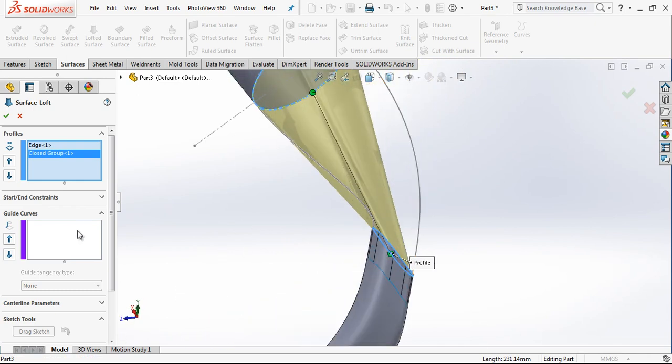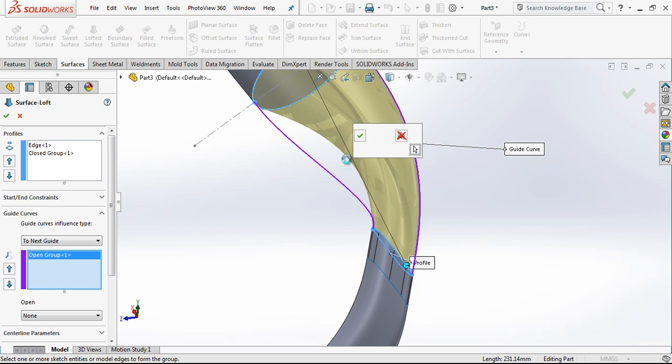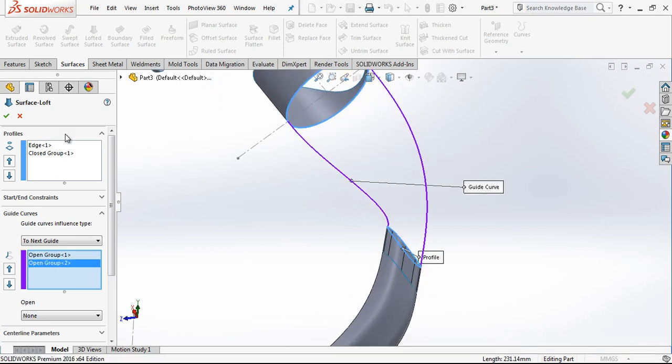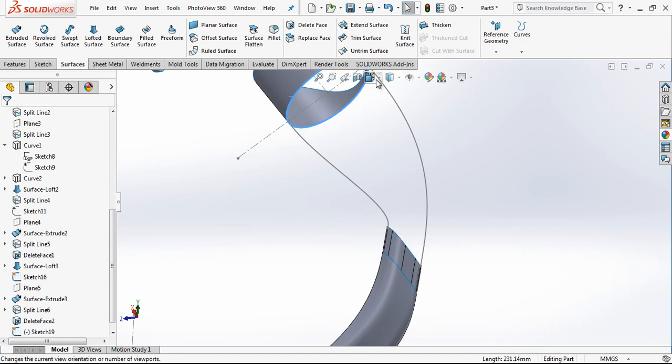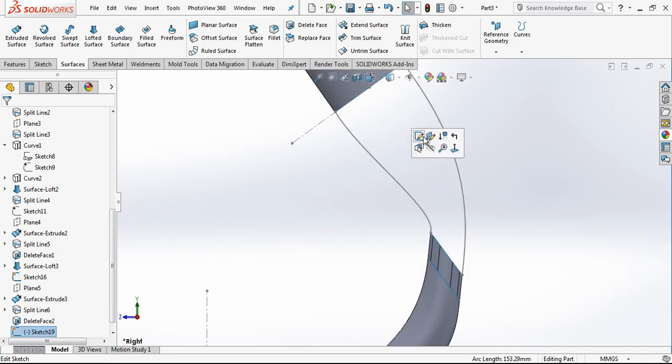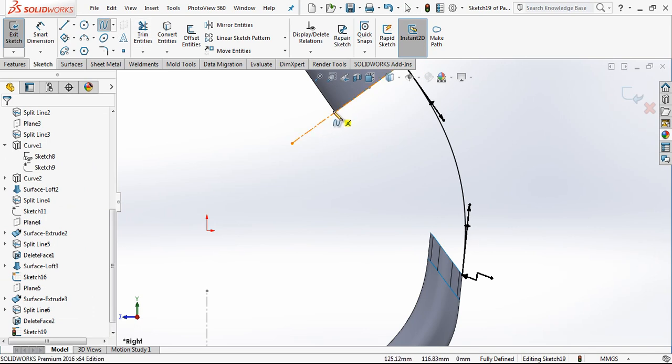And now we go define our guide curves. This is a guide curve. It didn't create our model. Then I think we should do something with this one. Sorry. I delete it, and again